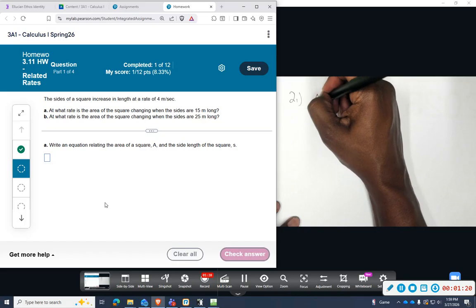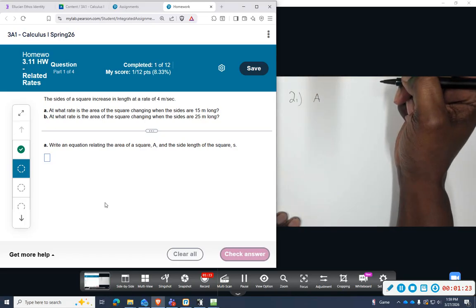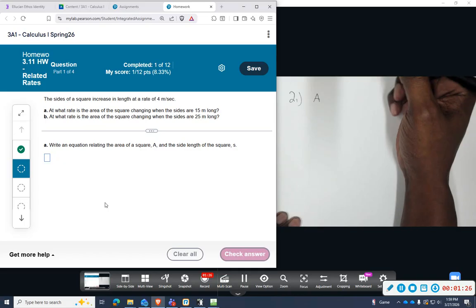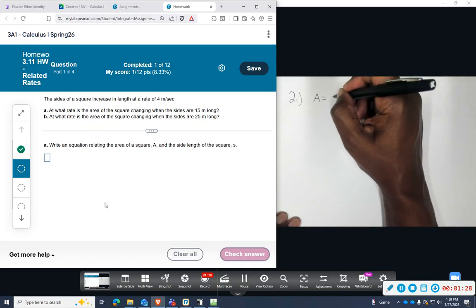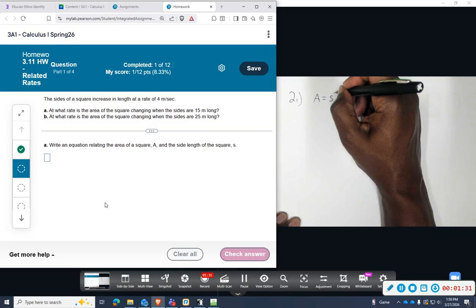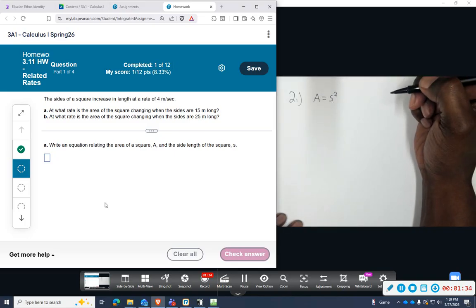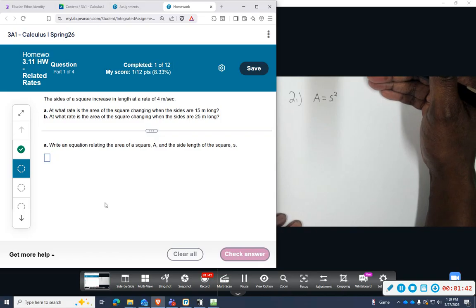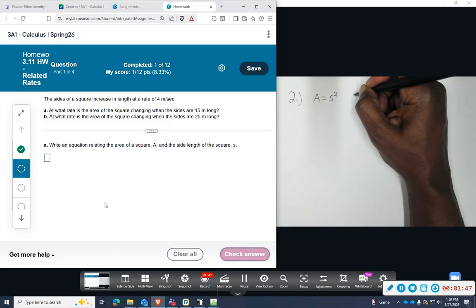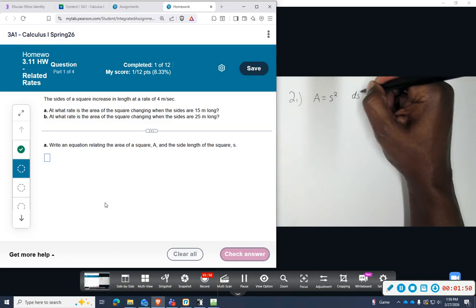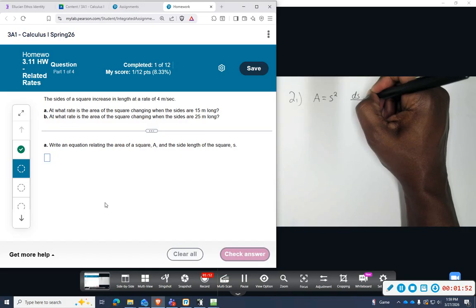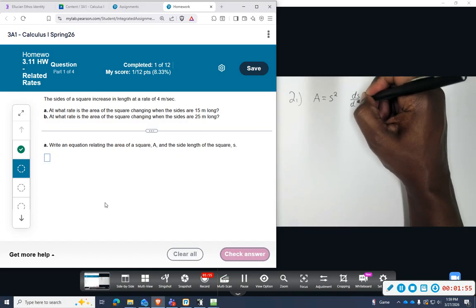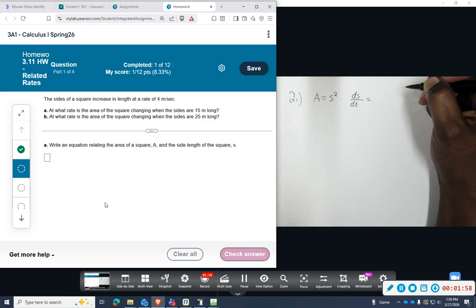Area of a square, and it tells us we're going to use the length of a square side S. So A is going to be equal to S times S, or S squared. In the beginning, they tell us the side is increasing at a rate. Whenever they give you a rate, they're giving us how that's changing with respect to time. So it says meters per second. So we are going to write ds/dt, the rate at which the side is increasing with respect to time, is given by 4